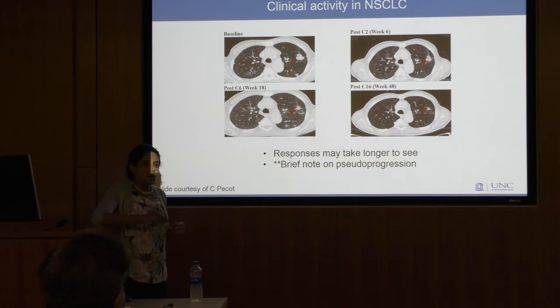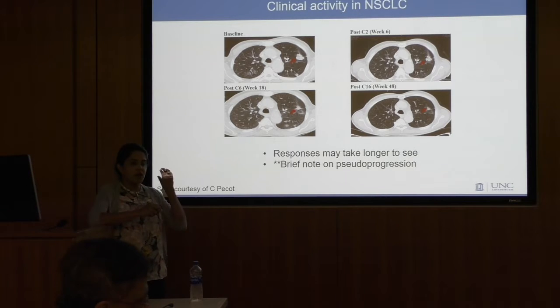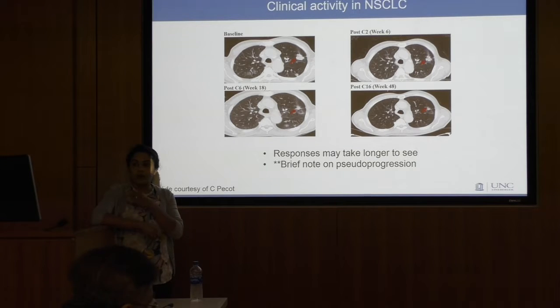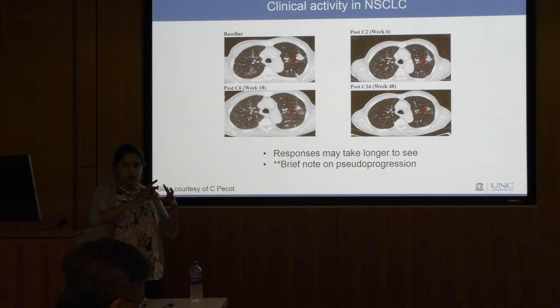Then I also just wanted to make a brief note on the question of pseudoprogression, because this does come up clinically when we're practicing quite often. And this is the concept that sometimes on a scan, the tumor might actually appear larger even after you start the therapy, but that there might be regression of the tumor down the road. And the concept is that because you're activating the immune response, maybe you're getting more immune cells that are infiltrating into your tumors and trying to clear those cancer cells so that the tumor actually appears larger, but then will